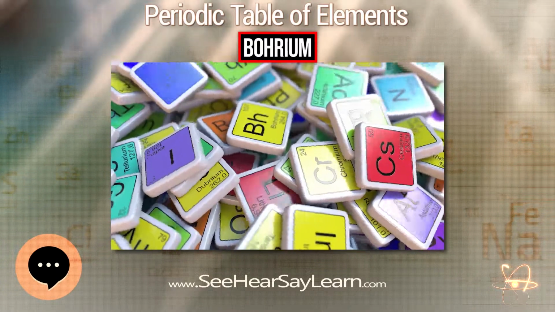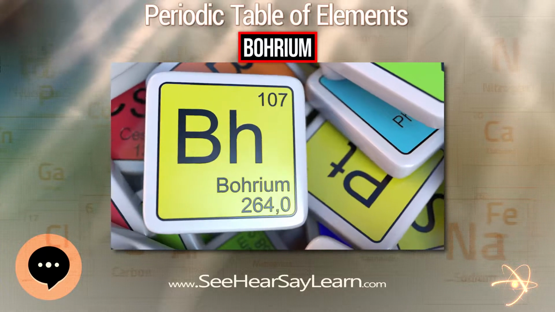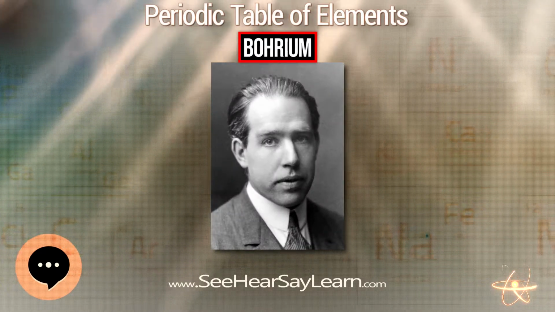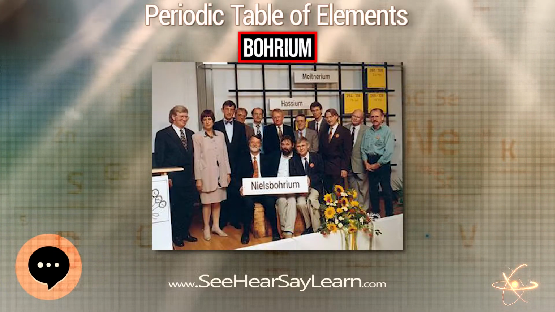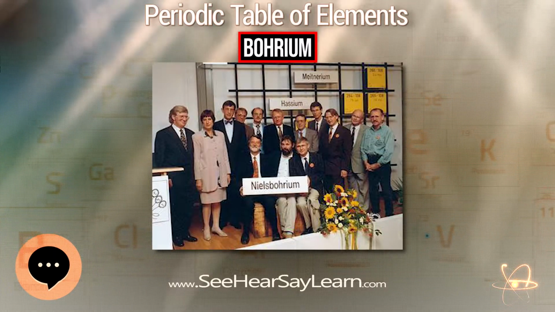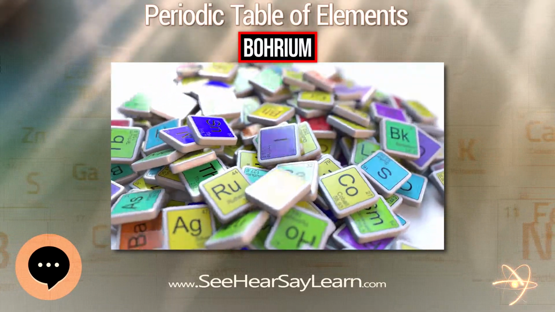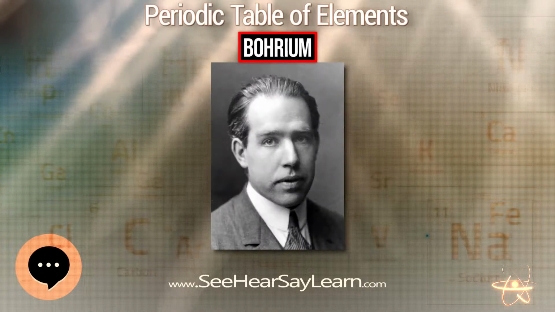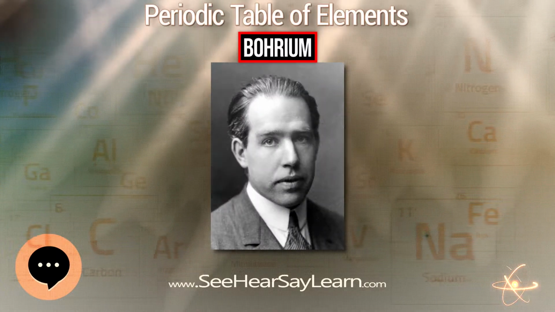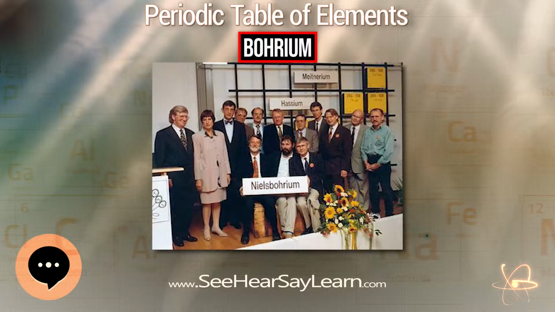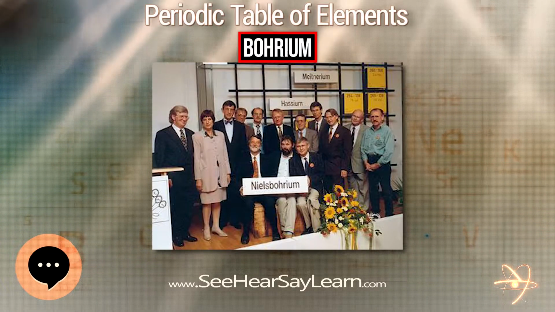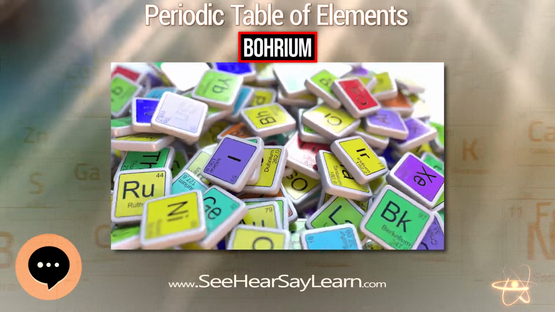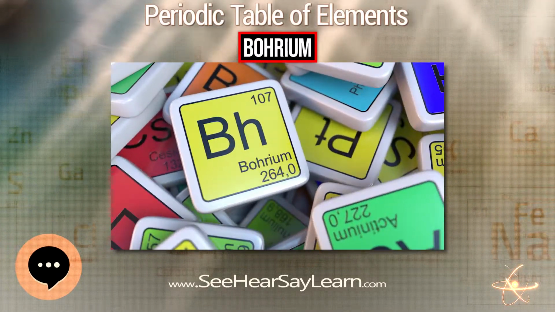The higher +7 oxidation state is more likely to exist in oxyanions, such as perbohrate, BhO4-, analogous to the lighter permanganate, pertechnetate, and perrhenate. Nevertheless, bohrium is likely to be unstable in aqueous solution, and would probably be easily reduced to the more stable Bh(IV). Technetium and rhenium are known to form volatile heptoxides M2O7, so bohrium should also form the volatile oxide Bh2O7. The oxide should dissolve in water to form perbohric acid, HBhO4.